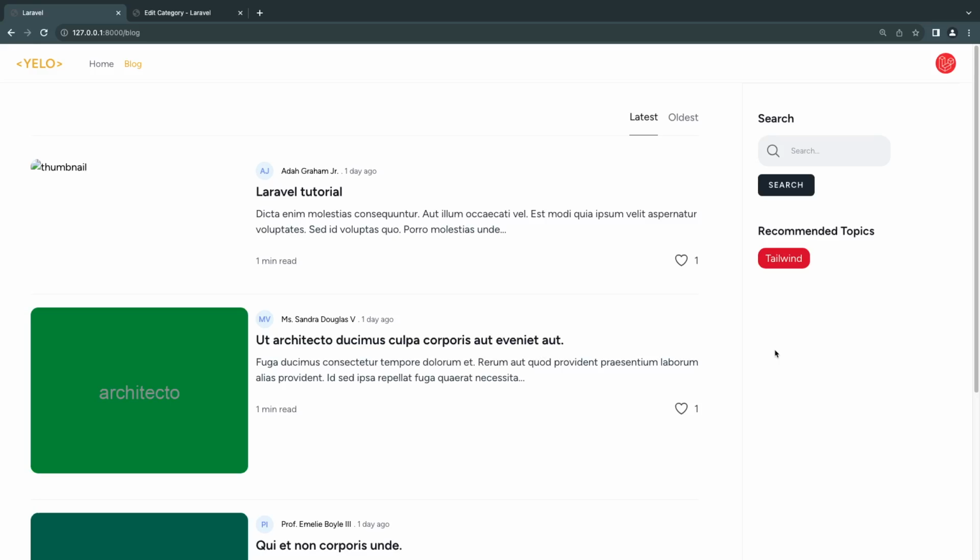Hey guys, welcome back. On today's episode, we're going to be working on our categories. So we will display them and also add the ability to filter by any specific category. So let's get started. Before we do that, I would like to fix an issue we have at the moment,